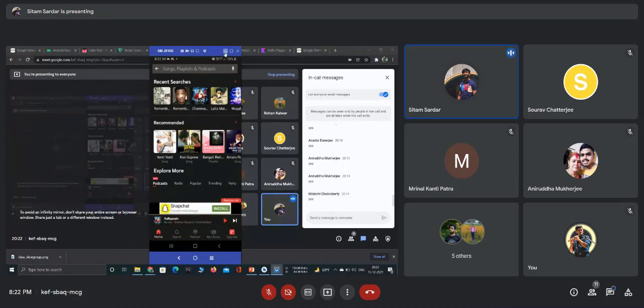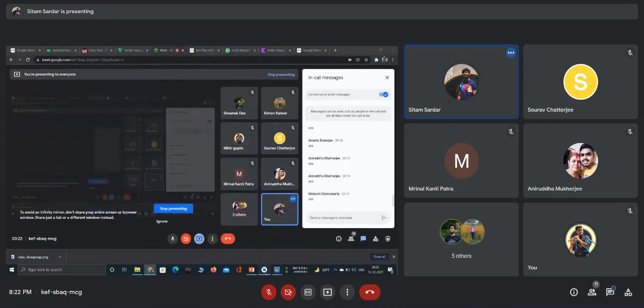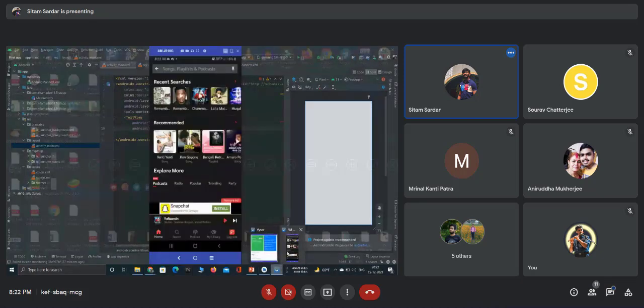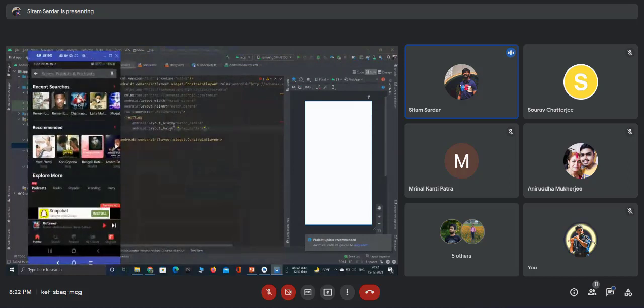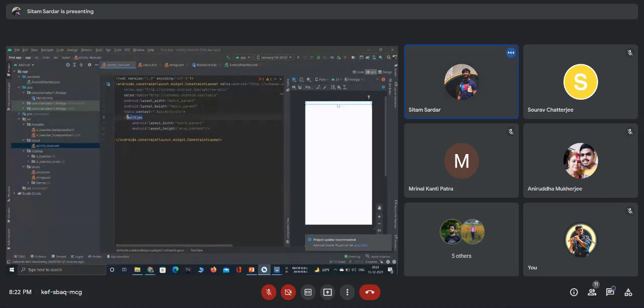So I'm passing in the width section as match parent. Whenever I'm passing match parent in width, then the container, I am passing actually the text in the text view, so the text should take all the screen in width.